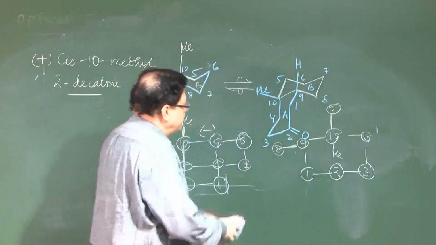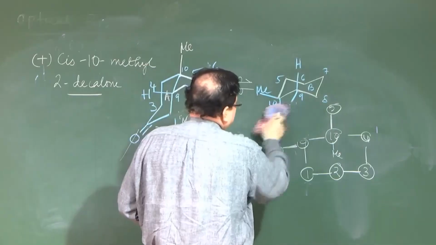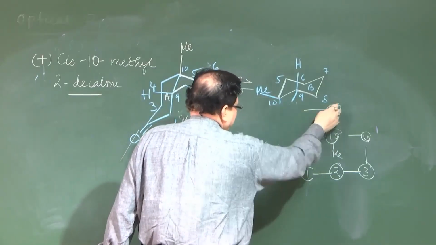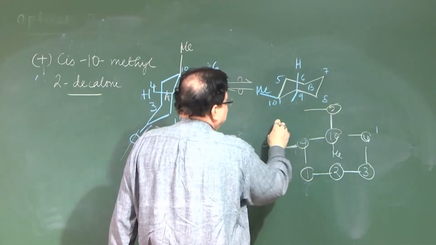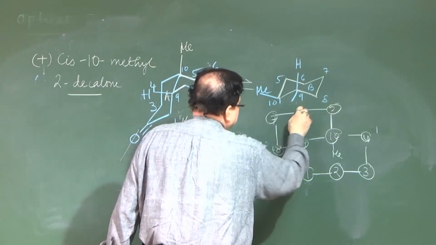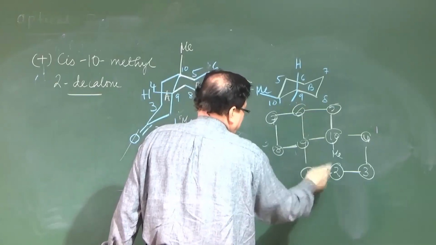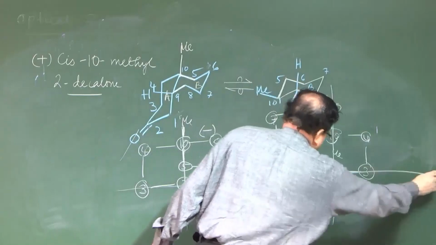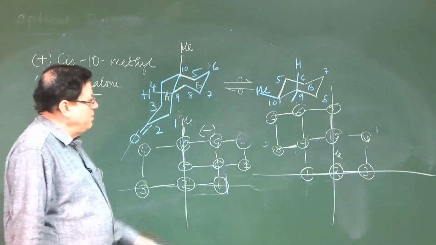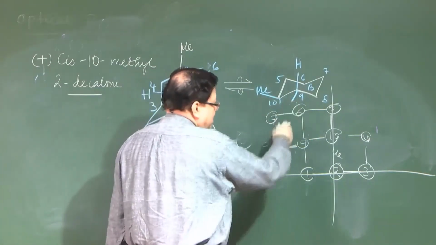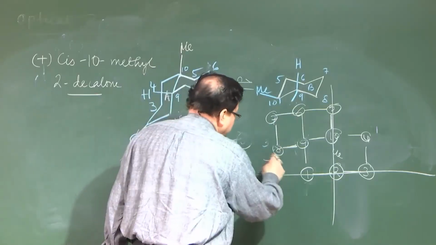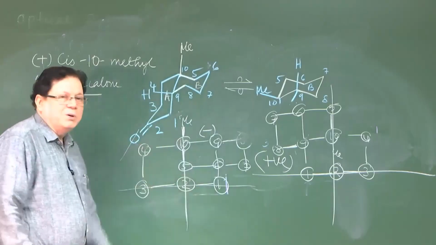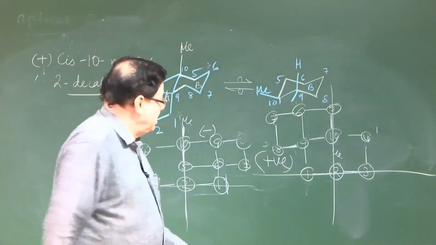Now, you can complete, I can just erase this. Now, you can complete the whole thing. As I said, once you have 4 points, now you complete 8 is connected to 7, 7 is connected to 6. So, this is your complete diagram. Remember where are the axes, do not forget the 2 axes. So, if you draw this, you are seeing that this is showing positive Cotton effect, while the other is giving the negative Cotton effect. Experimental observation is